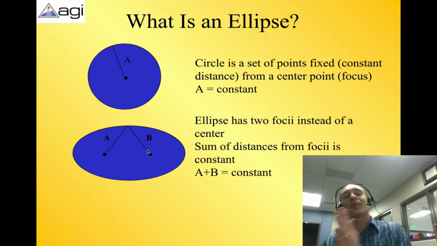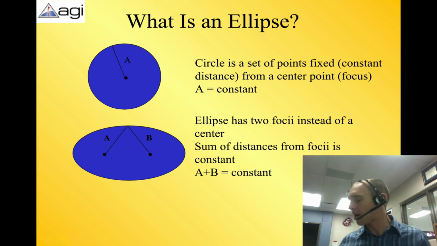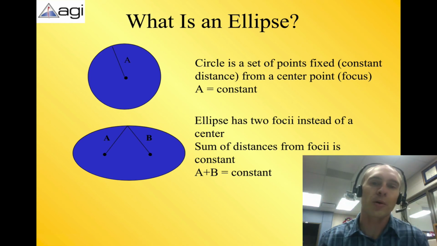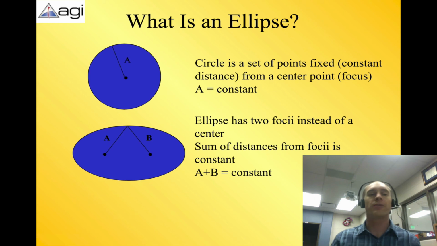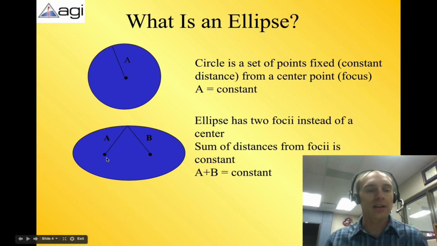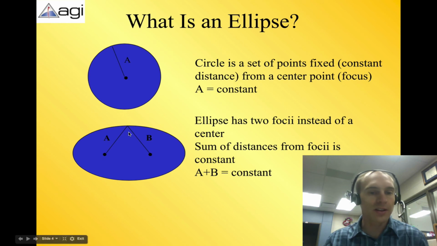Now, your turn. What I want you to do is get a piece of scratch paper. You can get a piece of cardboard, just something you can draw on, and you're going to take a pencil and a couple push pins. You're going to push them in, and that's why I'm thinking cardboard might be a better option for you. Put the push pins into the cardboard to represent the two different foci, and then wrap a piece of string around both of them. This line here represents string, and there would be one more piece of string that goes here. So it's a big loop of string, just a giant loop.